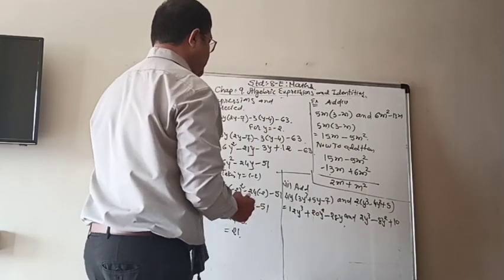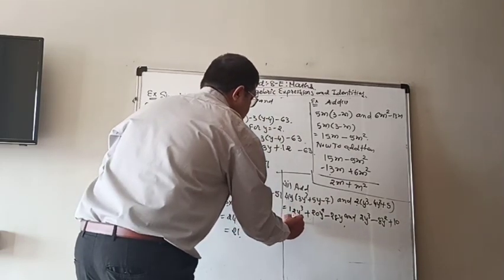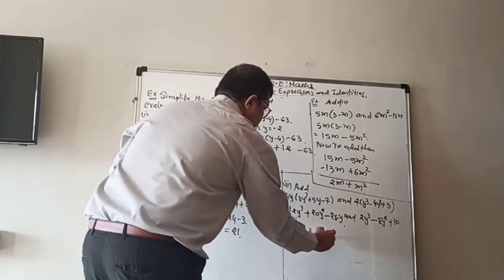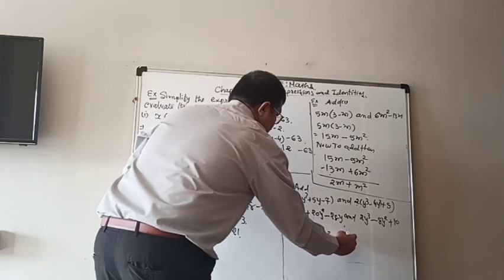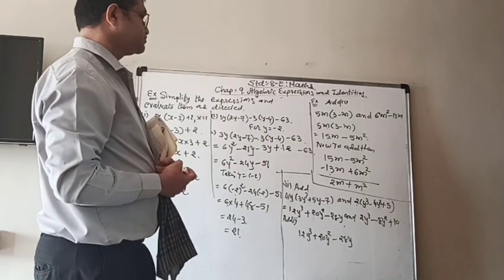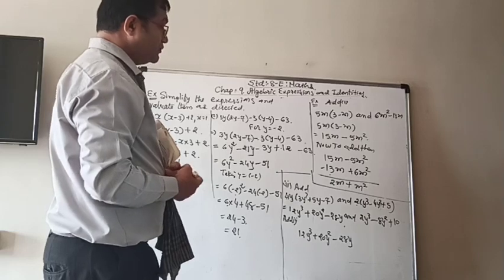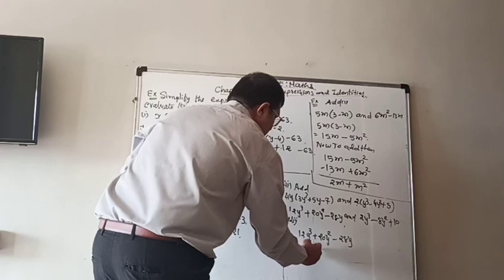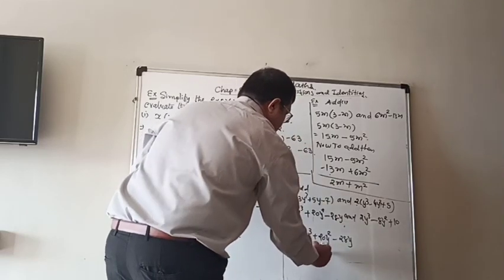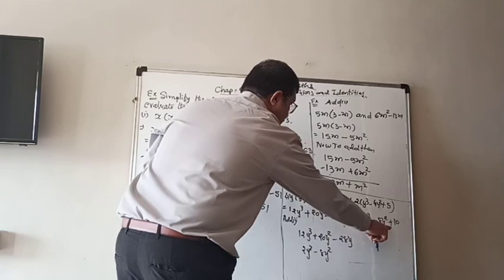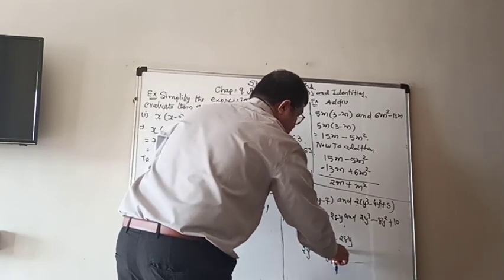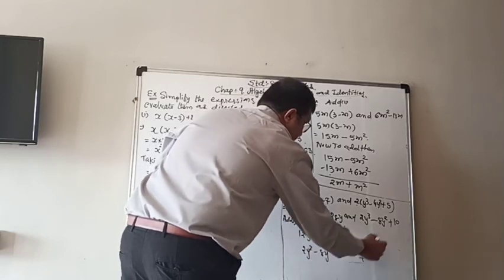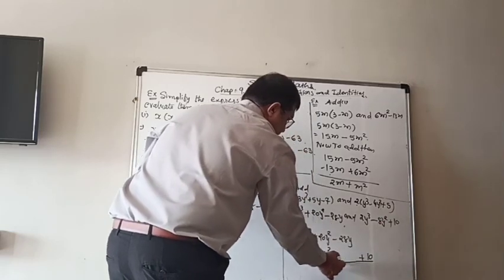Now for adding we will write down. So first we will write down 12y cube plus 20y square minus 28y. Now from that one, 2y cube will be below y cube. So 2y cube minus 8y square plus 10 only, but here there is nothing. It is y. The y term is not here. So we will keep blank here and plus 10 will be at the end.